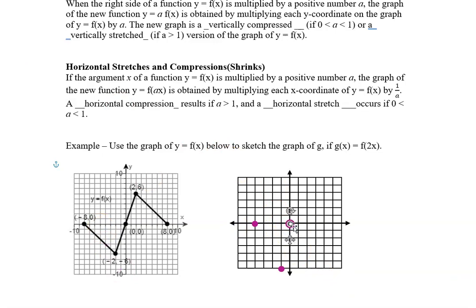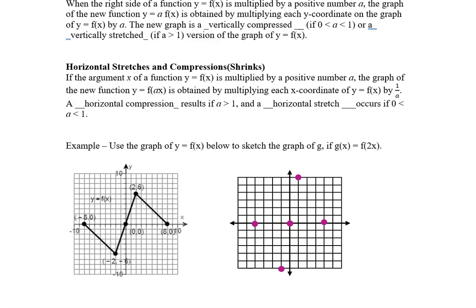So 0, 0, well, dividing 0 by 2 doesn't do anything, so 0, 0 is just going to remain at 0, 0. 2, 6, 2 divided by 2 is going to end up being 1, 6. So we've got a point at 1, 6, and then 8, 0 is going to end up being 4, 0. All right, so now we are ready to connect our points on our graph, and we're going to end up with a